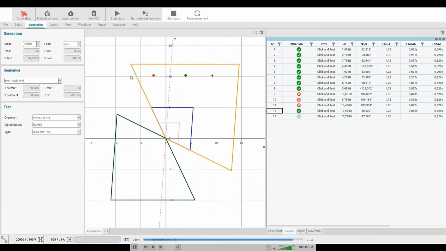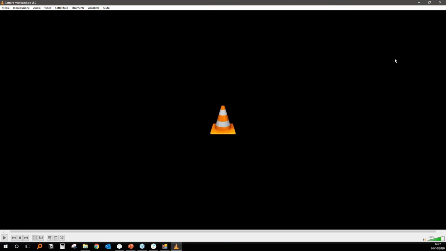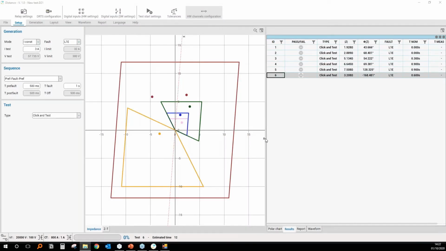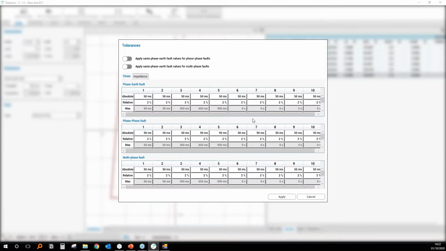So again, in this part of the characteristic, the trip time is not respecting the nominal one. That's why there is this kind of indication. Very well. So I mentioned to you before that there is the section dedicated to the tolerances. We go to, let me see, no, setup, tolerances. So there is a very complete table where you can, for each type of fault, phase fault,